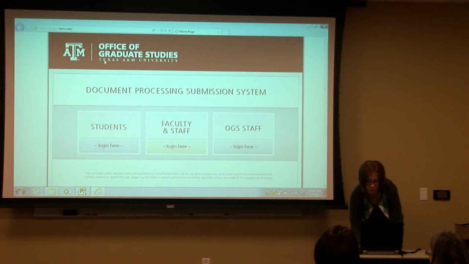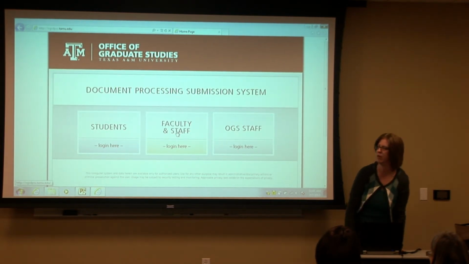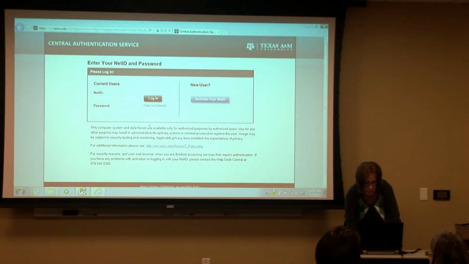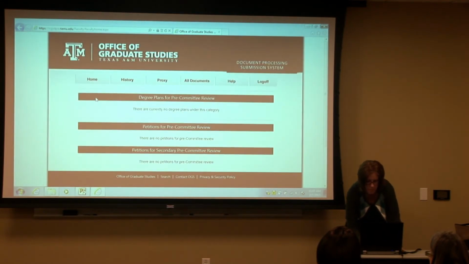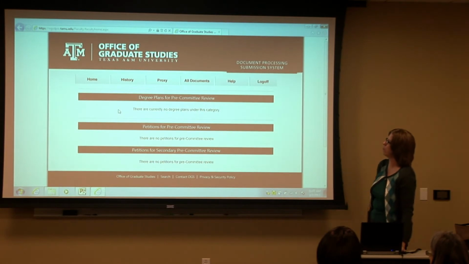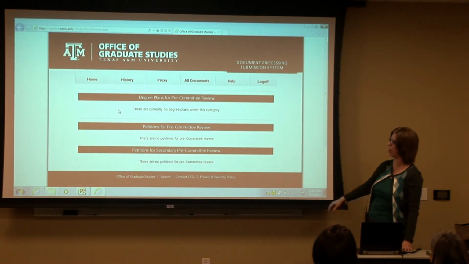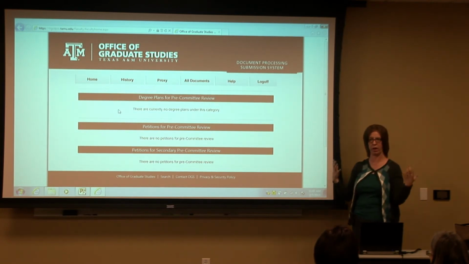And now I'll show you. My background is from the chemistry department, so that's always my fallback position. So I put myself in as a pre-committee staff approver within the chemistry department. As a pre-committee staff approver, you're going to see these three choices. And if you have documents, this is the home screen, where it's going to come automatically,